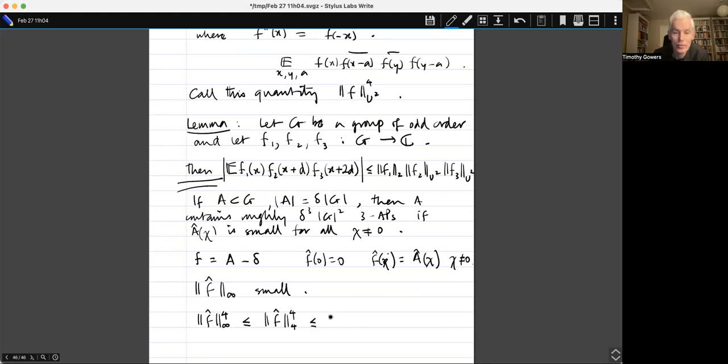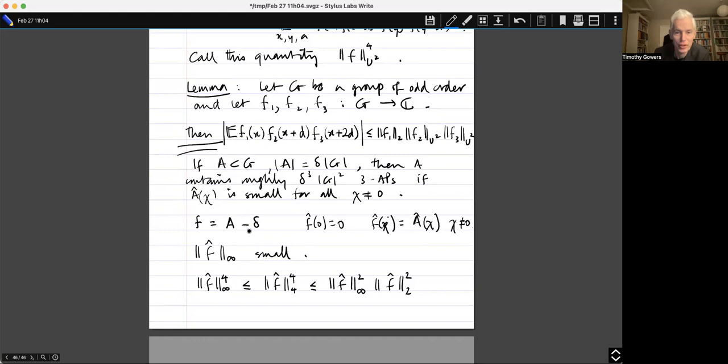That is certainly at most the maximum Fourier coefficient of f squared, multiplied by the sum of the squares of the Fourier coefficients of f. And since f takes values in -1 up to 1, all Fourier coefficients are definitely at most 1, so that's at most the L2 norm of f. And so that thing here equals,